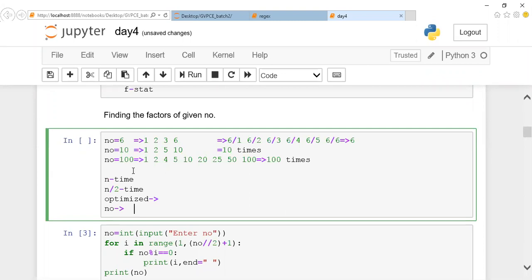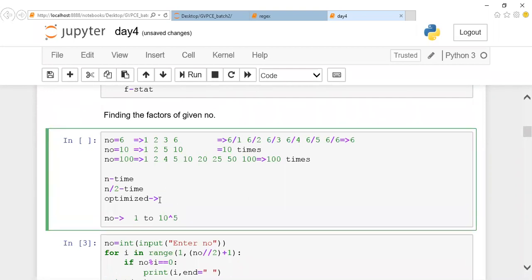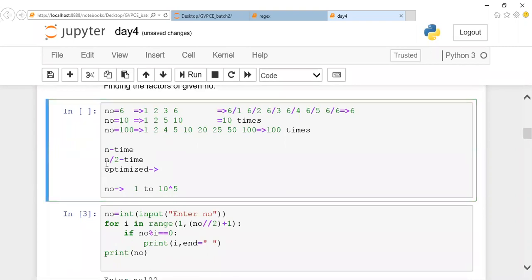you might be having some constraint part in your program. I guess you people could view it. The number could start from 1 to 10 to the power of 3 or 10 to the power of 5. 10 to the power of 5 means your value will be given within that range. If the range is given with 10 to the power of 5, what happens? If you are putting it like this in a loop, your loop will get stuck. So try to write in an optimized way. I want you people to find out the logic for further optimization. So this is fine, guys. This is one of the optimized ways, but we can optimize this task further.